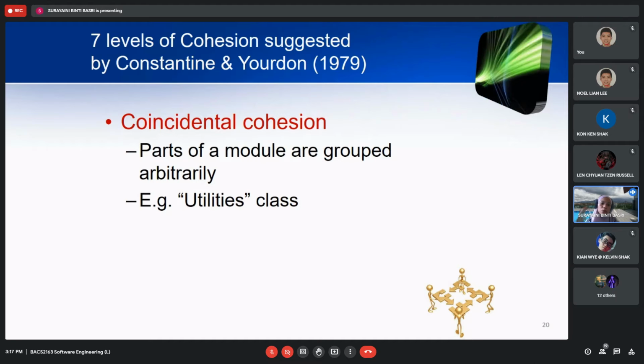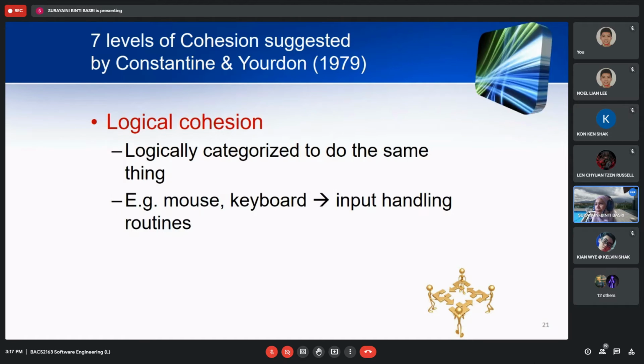The worst cohesion. Okay, so the second worst level of cohesion is logical cohesion, meaning, for example, you are grouping the modules inside your system based on logical categorization. Okay, so for example,